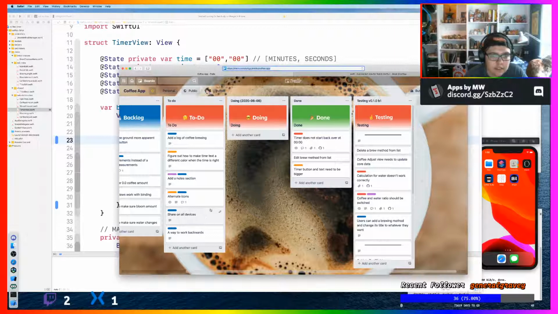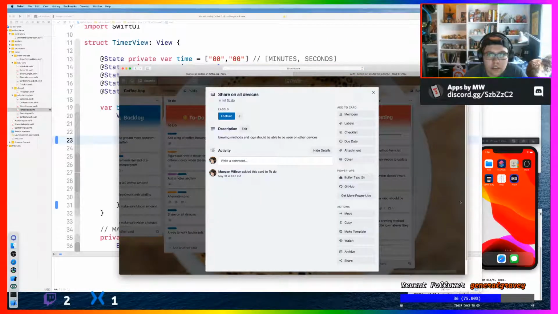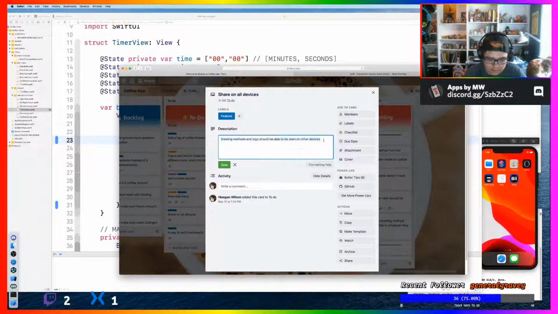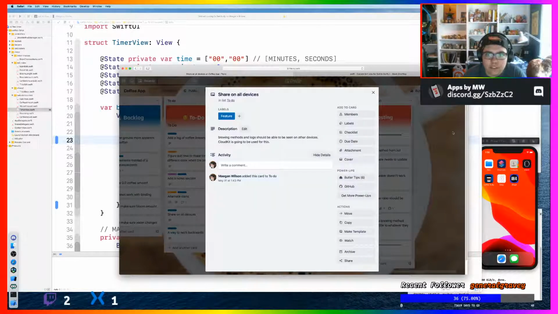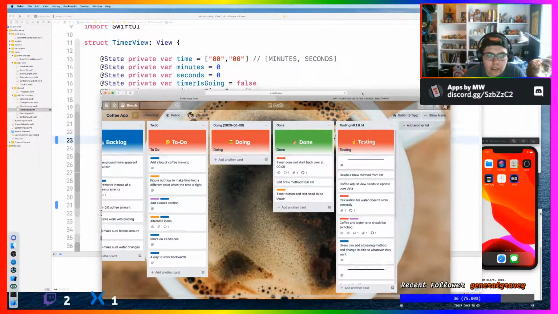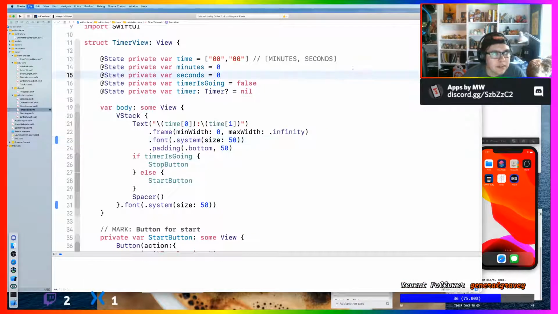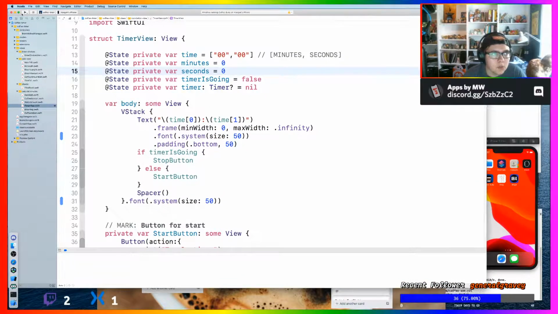Share on all devices. That one should be relatively easy to do, to get everything into CloudKit, because all I'm going to use is CloudKit for this. So why don't I do that one? It should be like a 5-minute deal, because I'm already using Core Data, so we can make this work a little bit easier. So if we go into Coffee Timer,